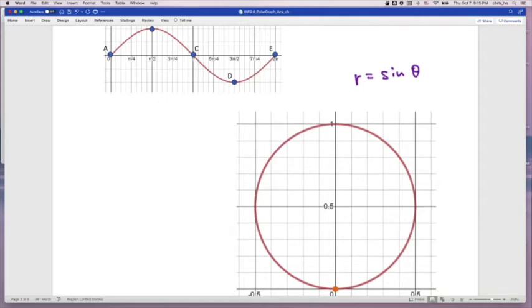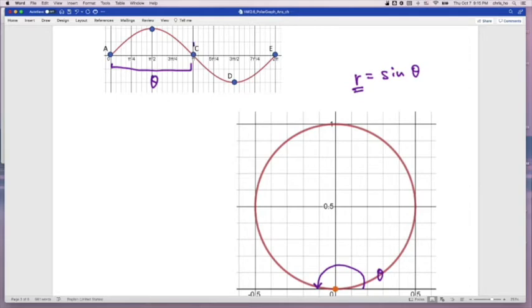From 0 to 90 degrees, that means within this range of the angle theta, my radius, meaning the distance in polar coordinates, how far my point is from the origin, that means how long the length of that polar vector is. The length is all positive, right? But once you go beyond